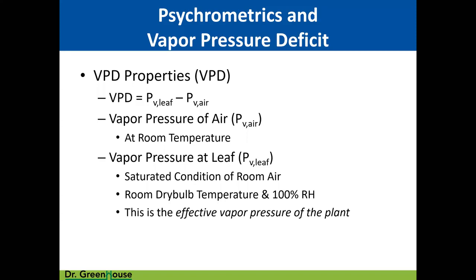For horticulture, for agriculture, plants really respond to this difference, to this vapor pressure potential or difference between what's in the air versus what's at the leaf. And usually at the leaf, we consider that the saturation vapor pressure. The water is saturated. It's still in its liquid form when the water pushes out of the stomata. And depending on what the vapor pressure is in the air, that's what's going to drive transpiration.